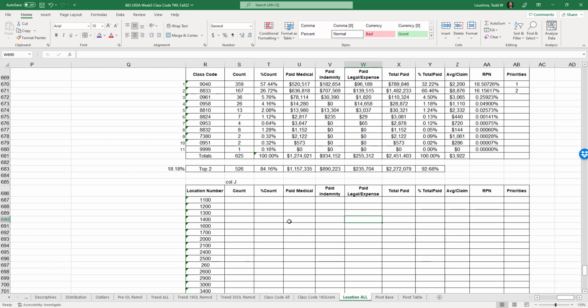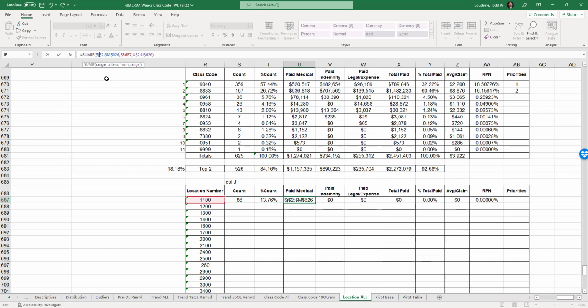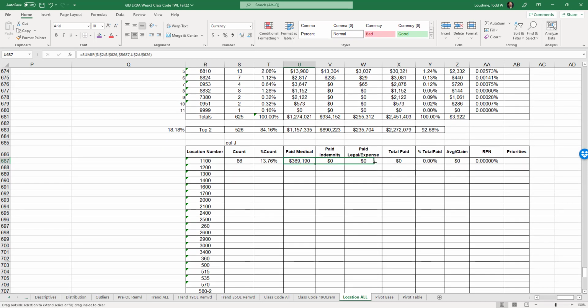Now, let's be sneaky, okay? We're going to copy this, put it right here. So what do we have to change? Well, for COUNTIF, we're no longer in M, we're in J. Okay, that's done. Okay, over here, we got to change M to J. Everything else lines up. Hit return. All right. Let's bring that over to there. That all automatically updated.